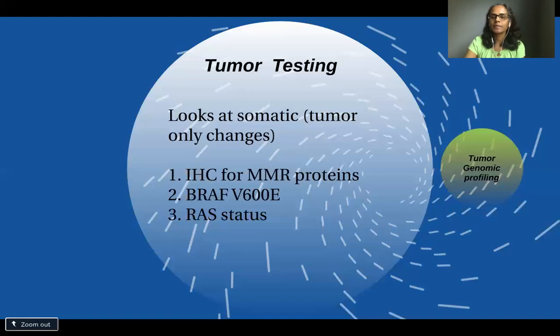And there are different degrees of tumor testing. The more complicated ones,